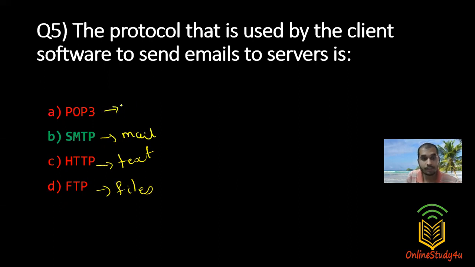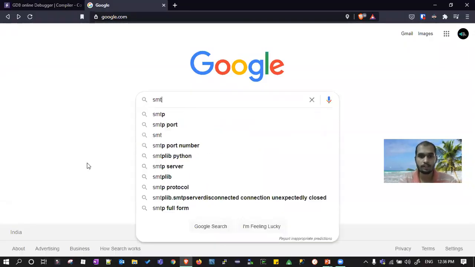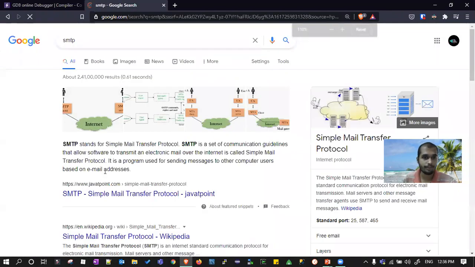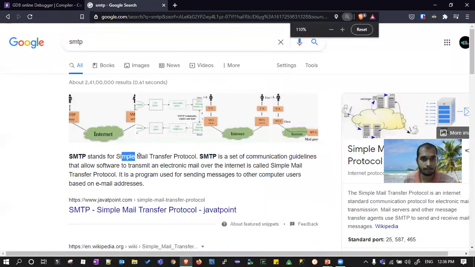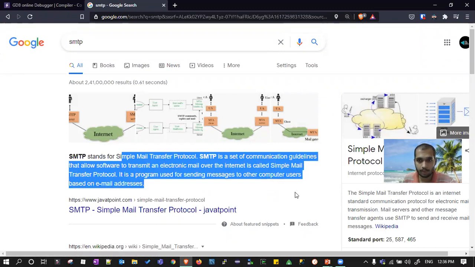POP3 is actually used to get mails. This is not used to send mails. Here they have asked about sending mails, right? To send emails, you're going to use SMTP. You can read more about this just by Googling here. SMTP stands for Simple Mail Transfer Protocol that allows mail to be sent between computers.